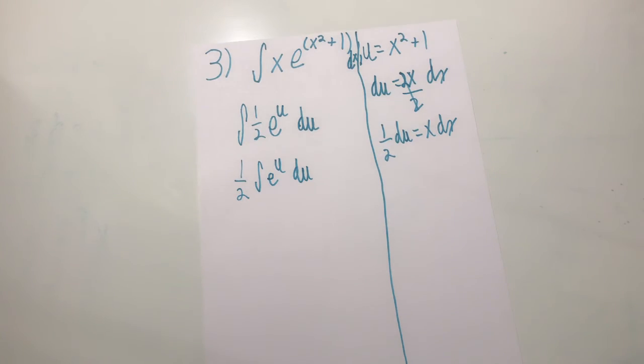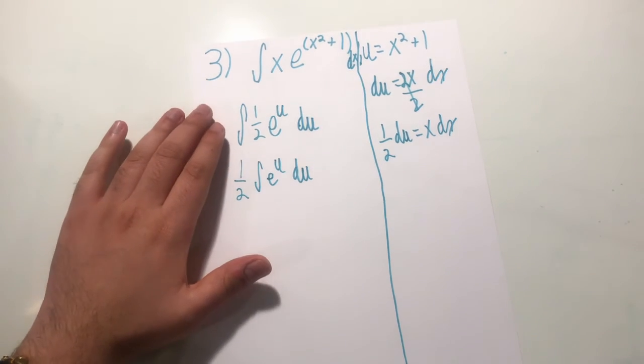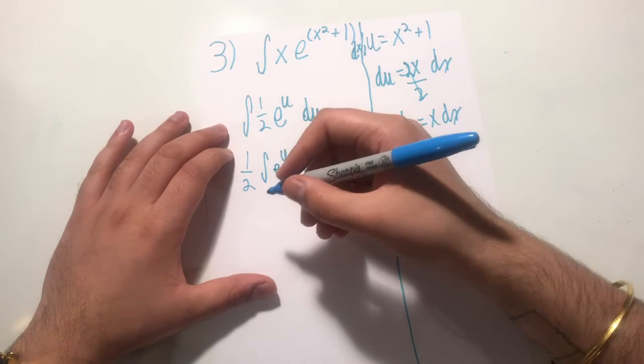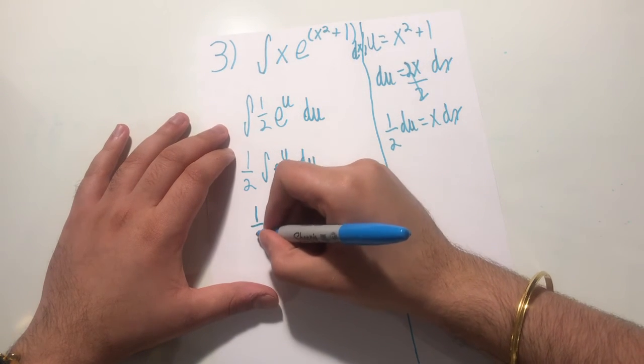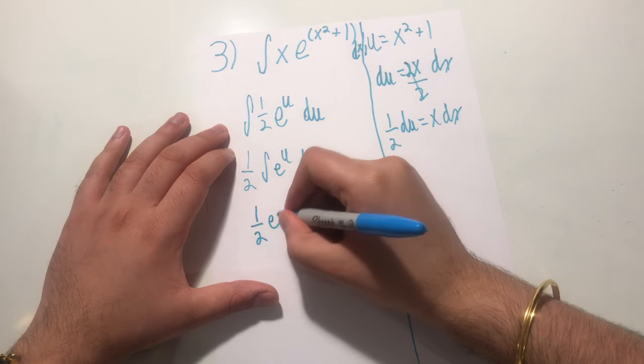Okay. Now, what is the integral of just e to the u? It's just e to the u, right? Any function with e in it's super easy, barely an inconvenience. So what we're left with is a 1/2 times e to the u